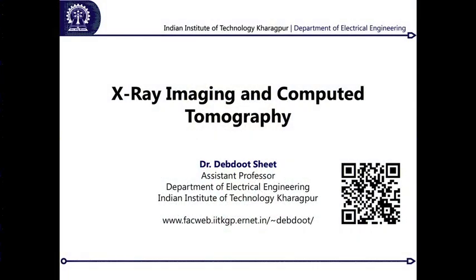Welcome. Today we will be learning about X-ray imaging and computed tomography, and this is one of those early modules which we are going to cover, the first module on actually the major modalities of medical imaging. Now, as you have seen, the way medical imaging has